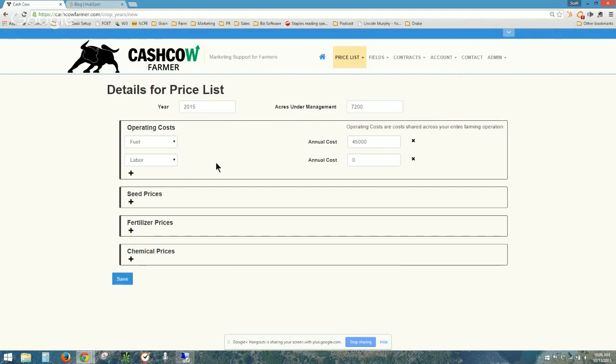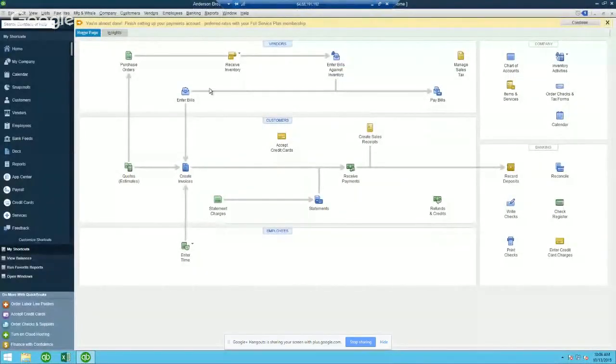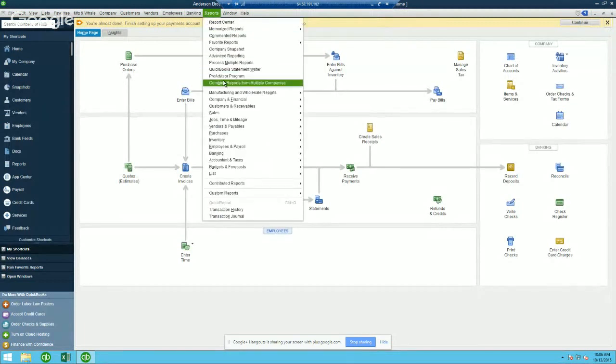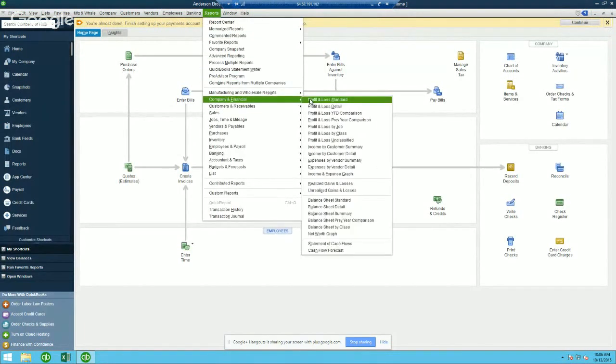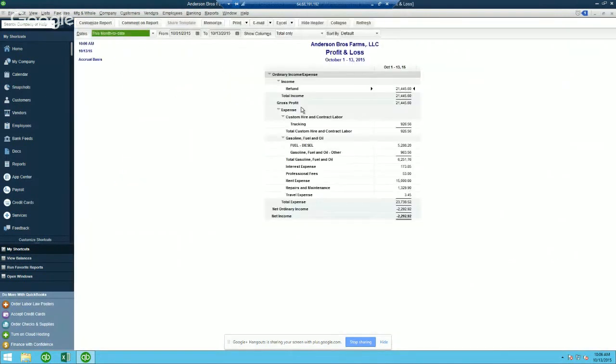So one way to really easily enter these operating costs is, many of you are using QuickBooks. If you go to QuickBooks, here's a QuickBooks account here, and you go to the reports, and you go to company and financial, profit and loss, standard, okay, and then you enter in up here, you change the date to